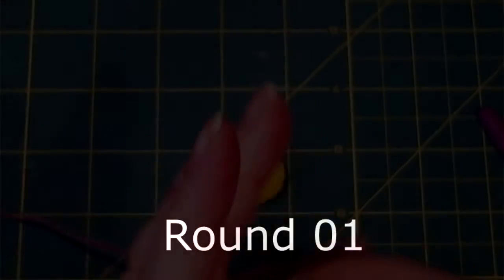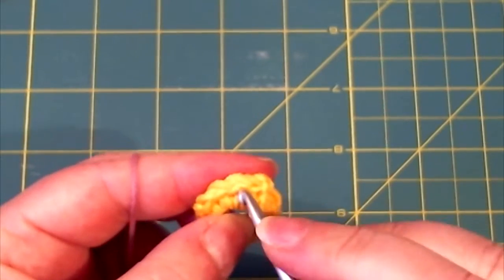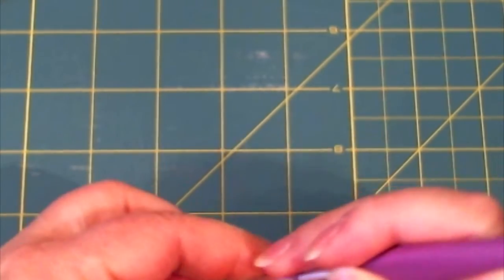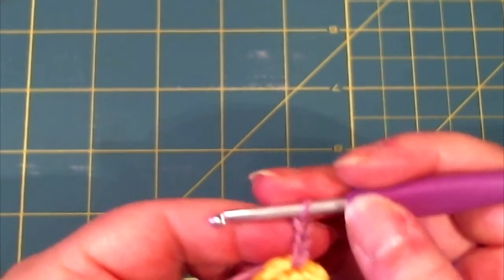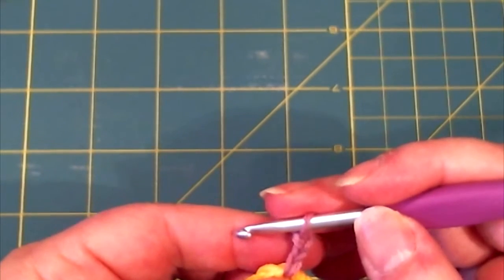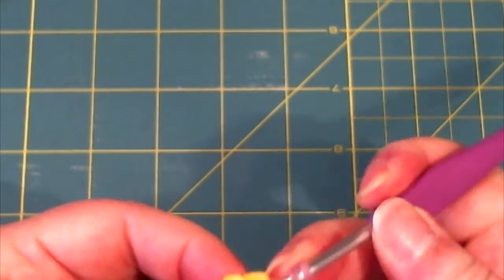Round 1. We need to use plum and join our yarn in any of these single crochet with a chain 1 plus chain 2. That does count as the first double crochet. We need to make a popcorn stitch in this, so we need to make 4 double crochet more in the same